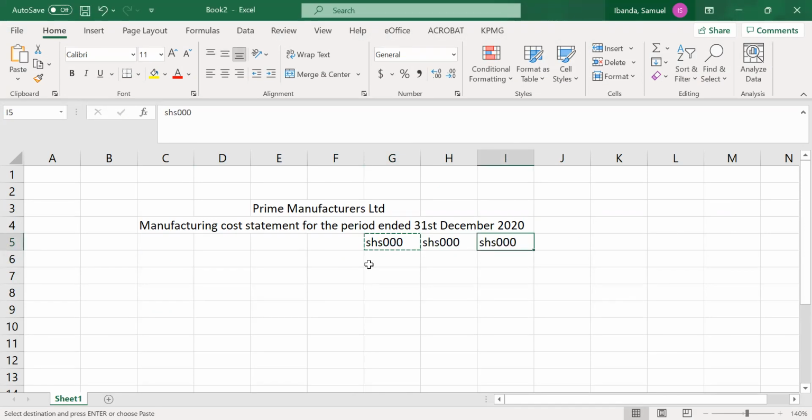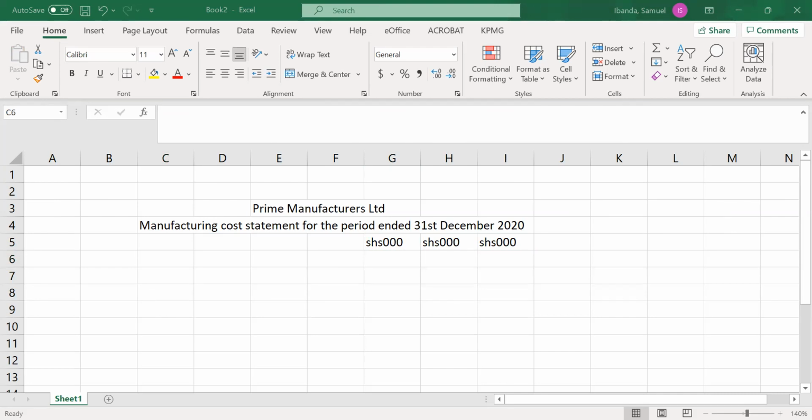Now, remember, when we are producing, raw materials are one of the key components that feed into the cost of our goods. Remember, we have the direct costs, and then we have the overheads. So the direct costs include the materials and our labor. So that is why we are starting with our